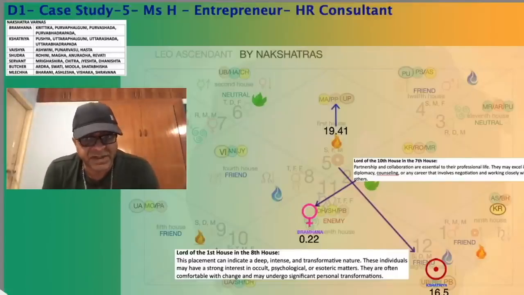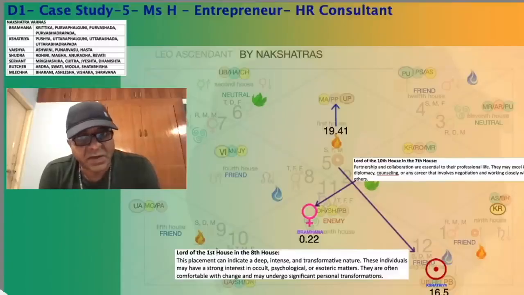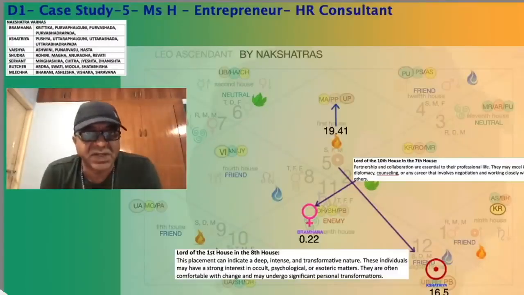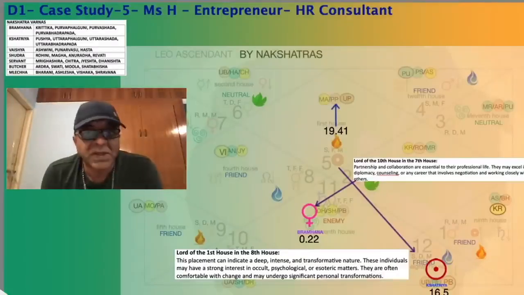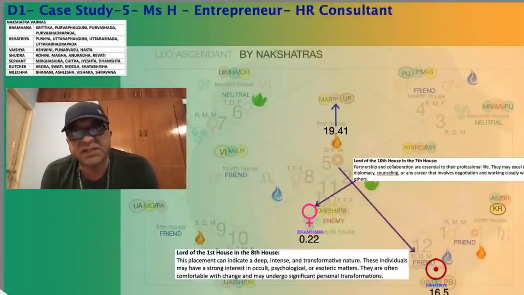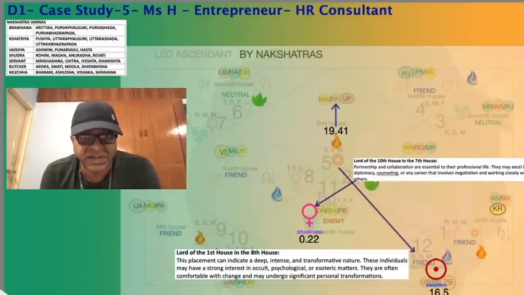That's the Lord of the first. Sun is shining there. Next, the Lord of the 10th becomes Venus because it falls in the sign of Taurus. The 10th house in the Leo ascendant is in Taurus, like you can see. Now, that Venus is coming in the Nakshatra of Dhanishta in the 7th house. So, first of all, the Lord of the 10th in the 7th house indicates business in type of partnerships, indicates